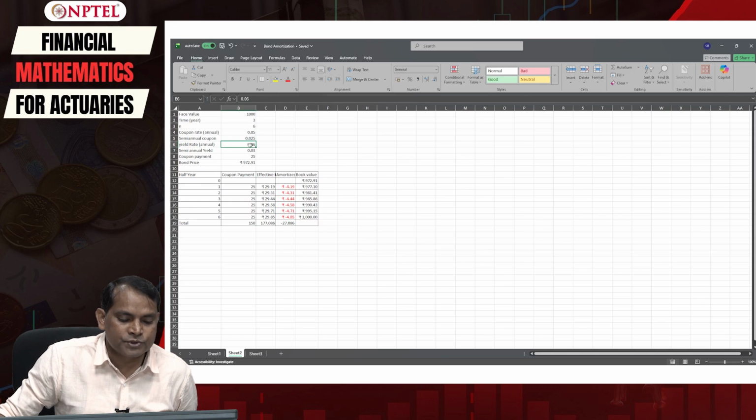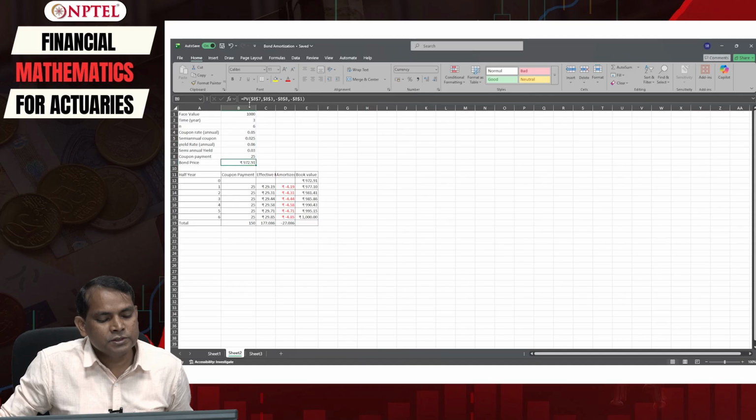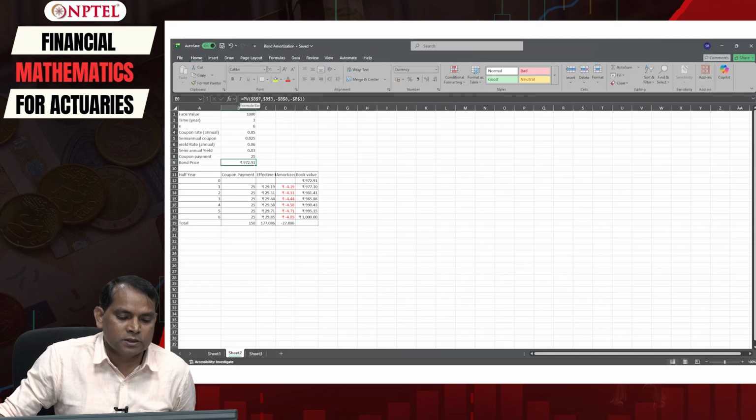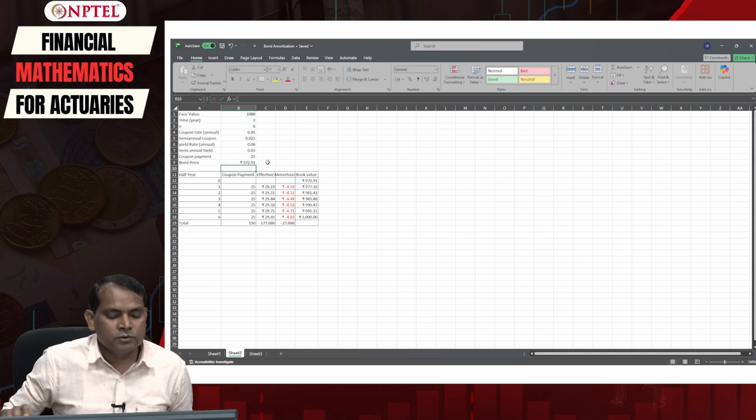Now we have to change it here, and use the same formula after changing this value to 0.06. Using the same calculation, that is equal to PV. This is the rate, so we will have it here. PV is the effective or yield rate, and for N and PMT you have to just use the coupon payment, and then for face value you have to use 100. Upon entry you can get this value.